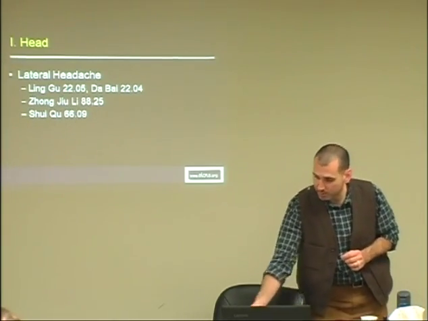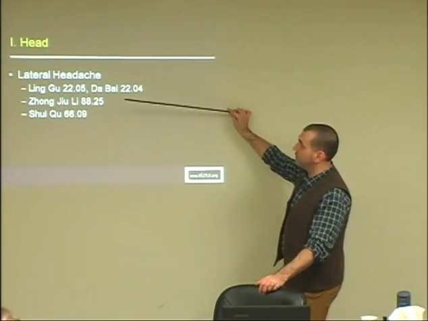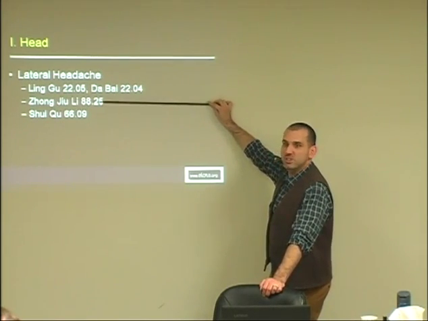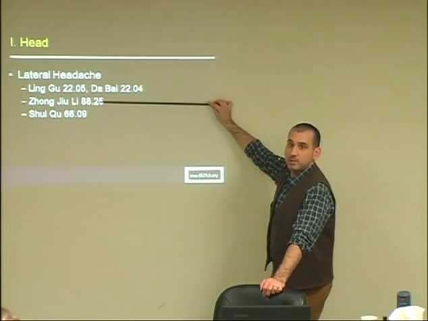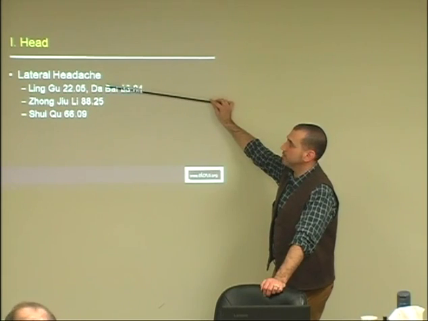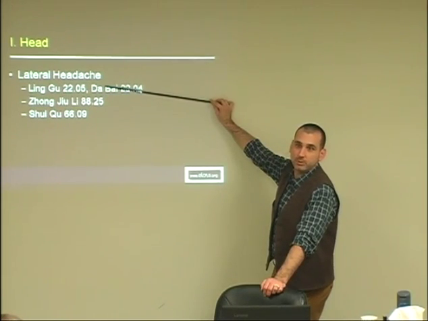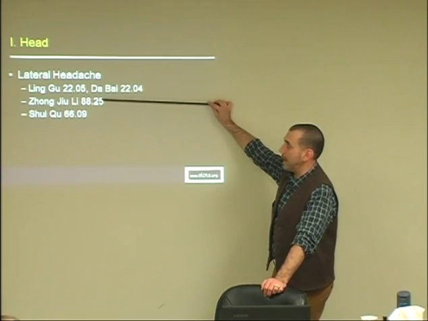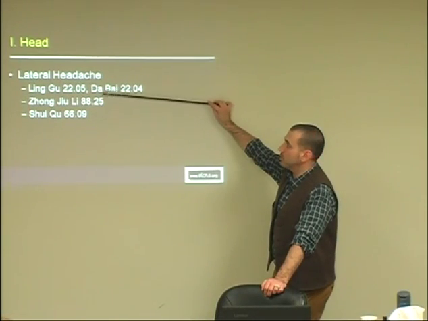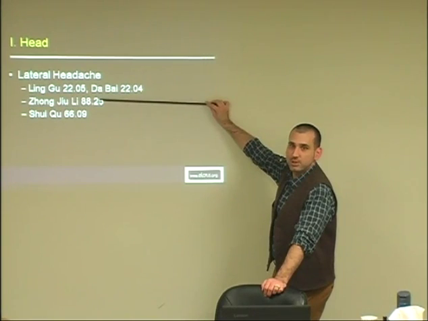So notice the difference here between the zones. Here we have zone 2. Zone 2 is good for acute pain. This is zone 8. Zone 8 is good for the more chronic type of thing. So for chronic migraine, the combination of the two is very good. Just because this is acute doesn't mean you can't use it in chronic cases as well. But we definitely want to add in something like this. This is zone 6, on the foot. So if we have more of an acute condition, then we don't necessarily need to do the zone 8, unless it's particularly sensitive on palpation. Does that make sense? Okay.